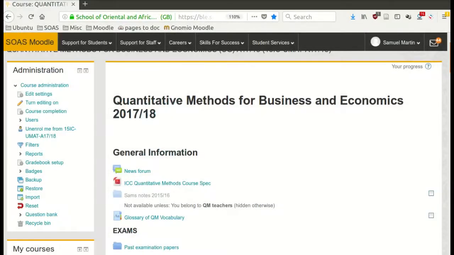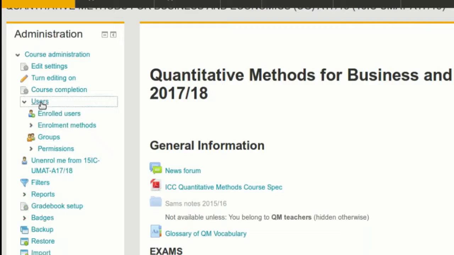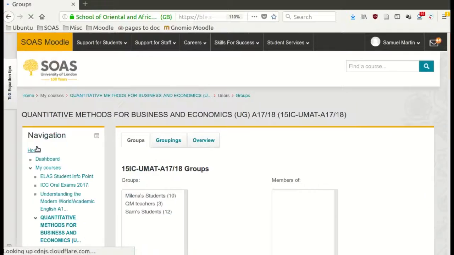There are two parts to this process. First, we need to create a group within the Moodle course, and then once we have our groups, we can make any activity visible to only that particular group. So to add groups, go to the course you want your group in, and in the administration block you want users, and from below users you have groups, and when you click on that it takes you to the groups